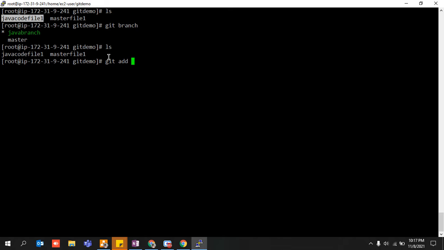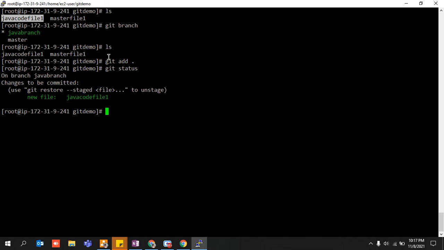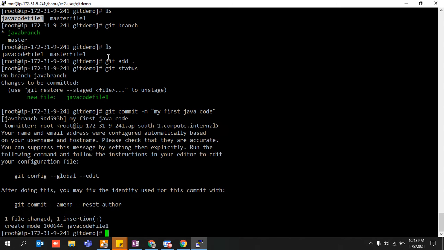So git add space dot, do git status. Okay, so now it is in my staging area as well. I'll simply do a git commit. Git commit hyphen m, my first Java code. Okay, I've committed it over here as well.